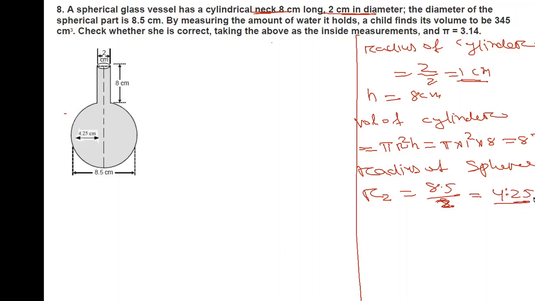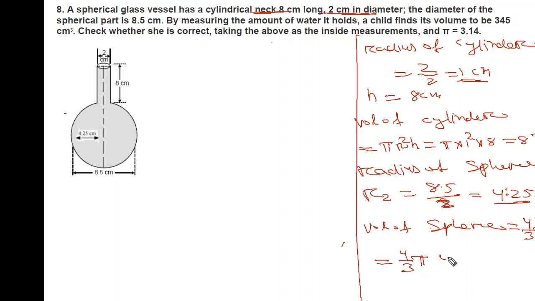So this is the radius. Now we have to find the volume. Volume of sphere, you know the formula, is 4 by 3 pi R2 cube, which will be equal to 4 by 3 pi into 4.25